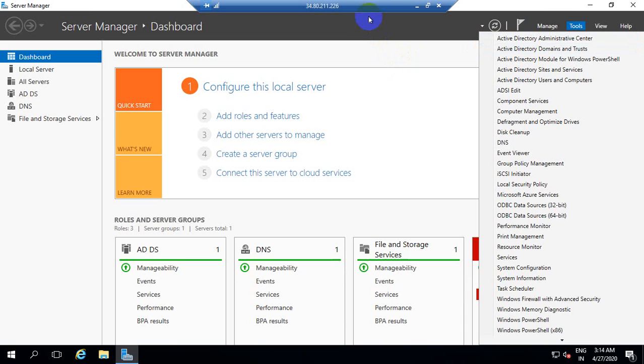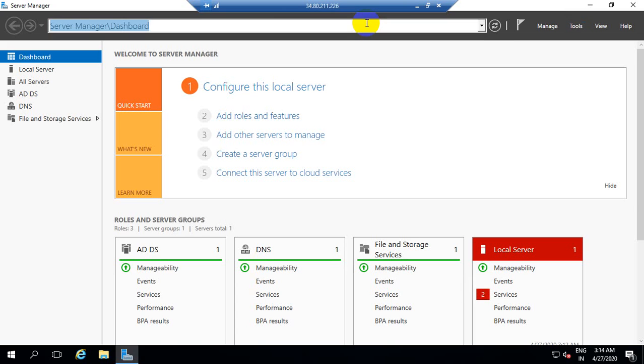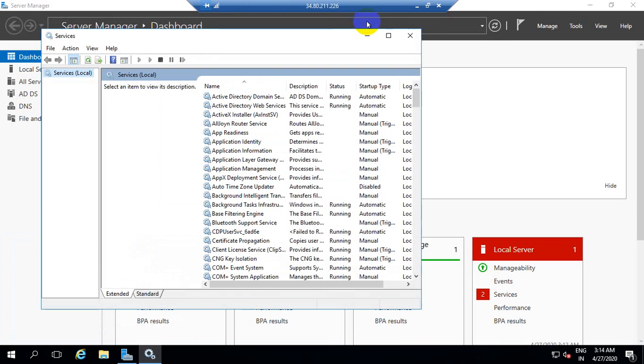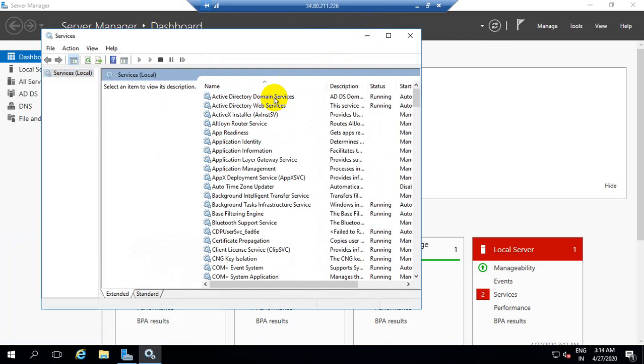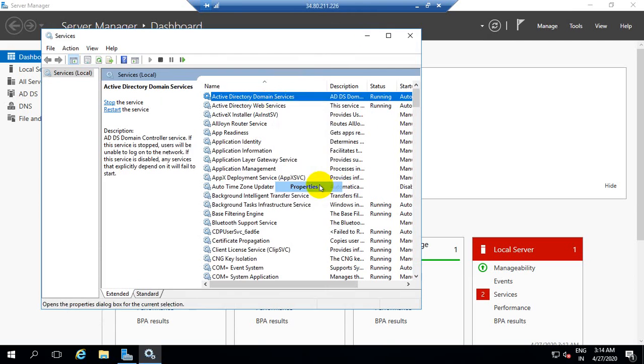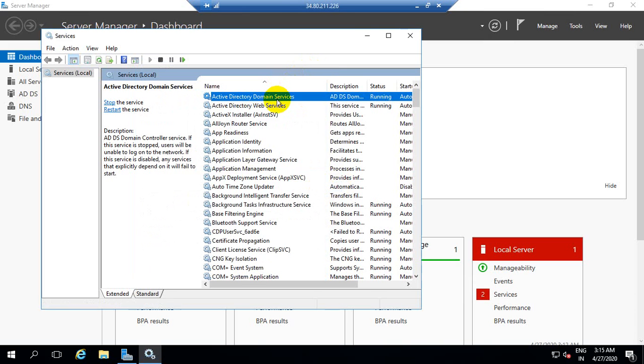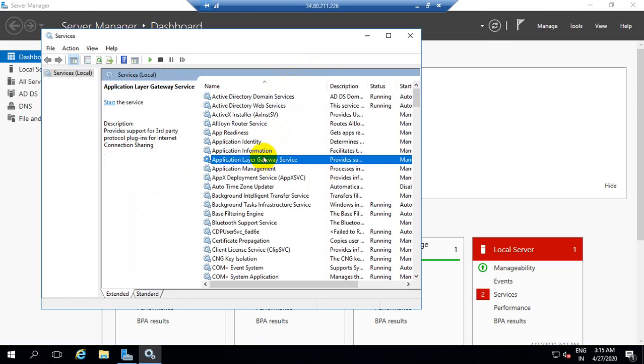So Active Directory is successfully configured and installed, and now the next thing is we need to see whether the services have been enabled properly or not. We need to write services.msc. Go to services.msc. The first thing, AD DS Domain Services. We need to see whether AD DS is enabled or not. You go to properties. It has already been started and it's automatic, so no need to do anything, which is very important. It needs to be enabled. And the next one is DNS services. Just see whether DNS services is activated or not.